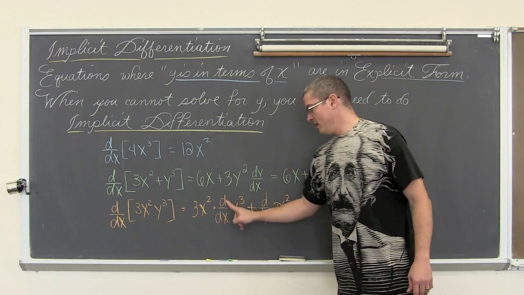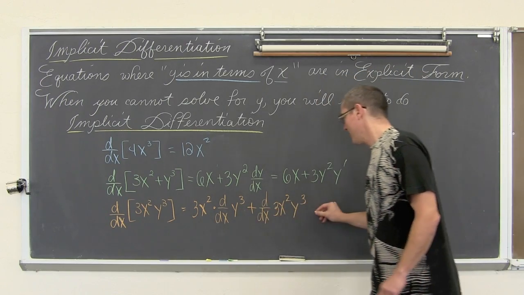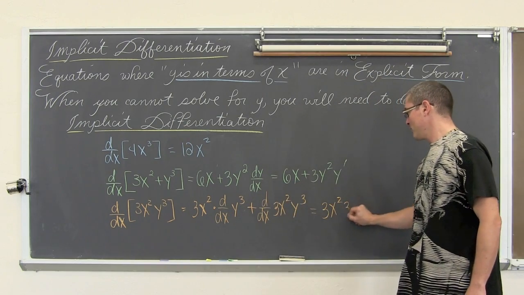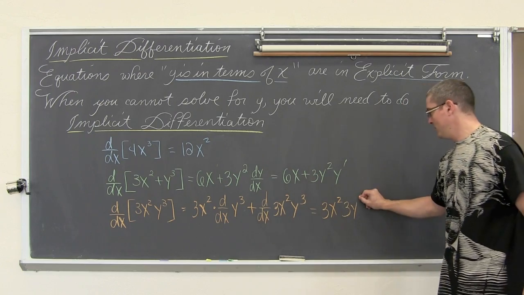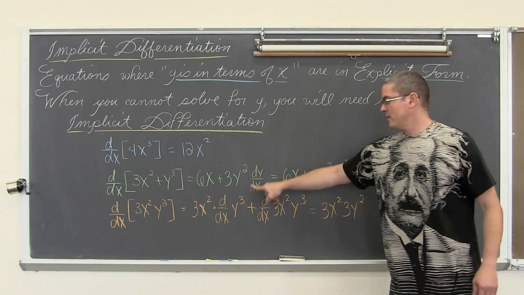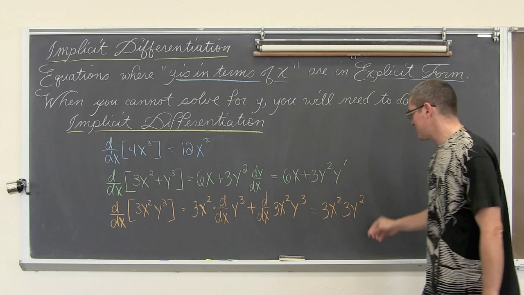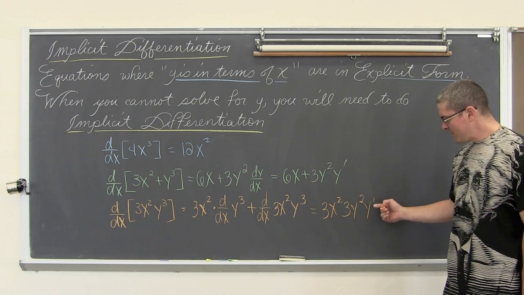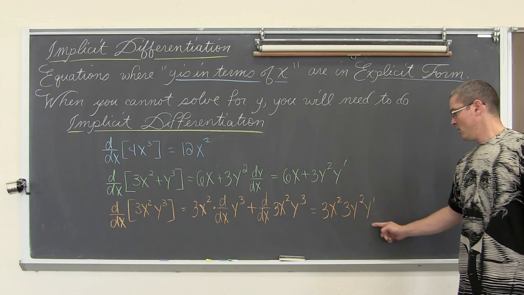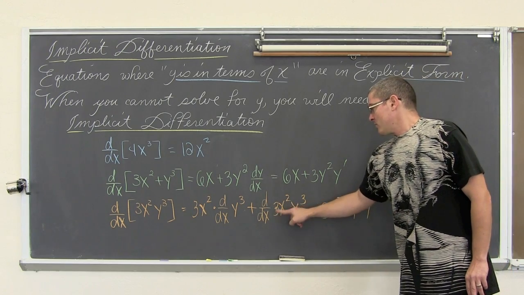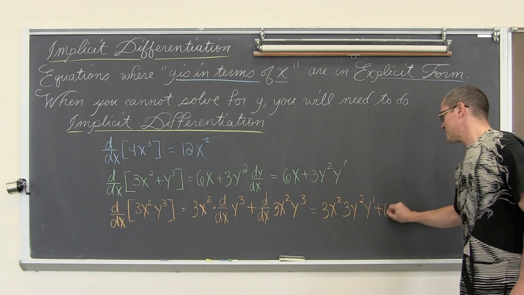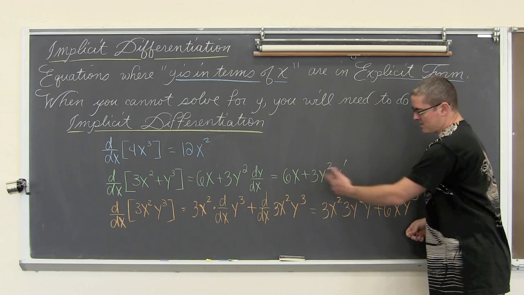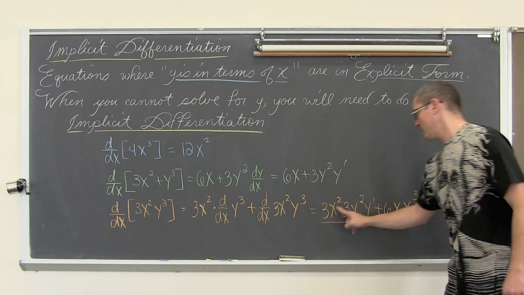Okay, chain rule here, we've got the y, so we're going to have a little y prime on there. We have 3x squared, 3 times 1, so 3y, bring that power down by 1, to 2, and then again, the derivative of y with respect to x is not going to just cancel out, so we have a y prime there, the derivative of y with respect to x. 3 times 2 is 6, so we have plus 6x, and then y cubed. So here we have 3 examples. This is the answer right here. Well, I can do 3 times 3 is 9.